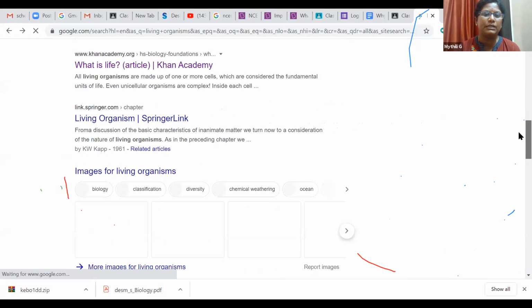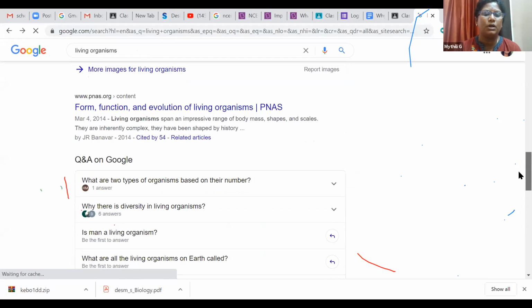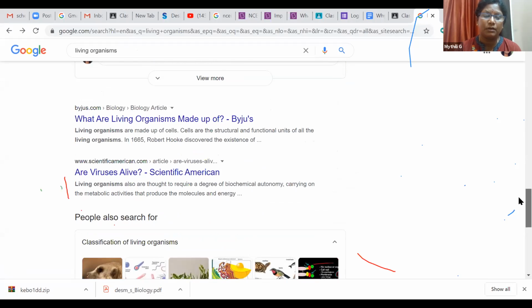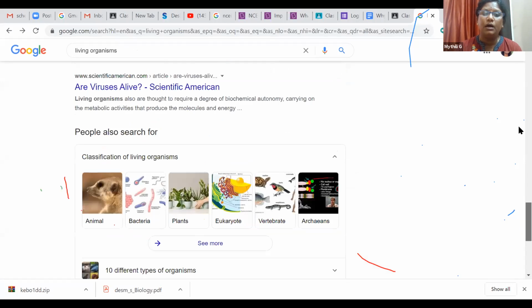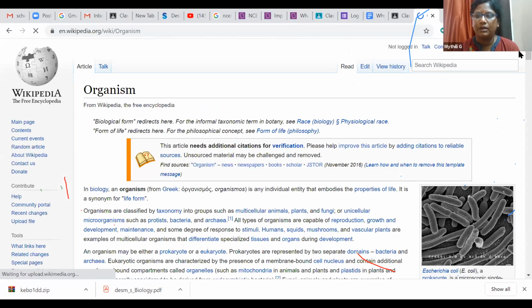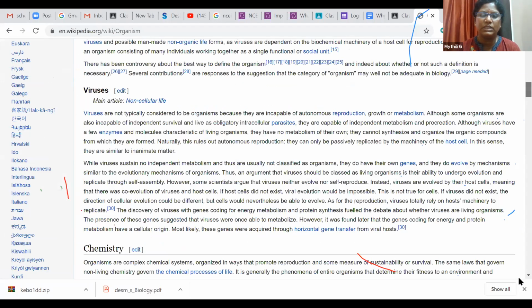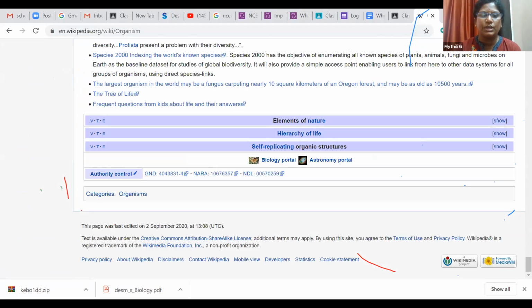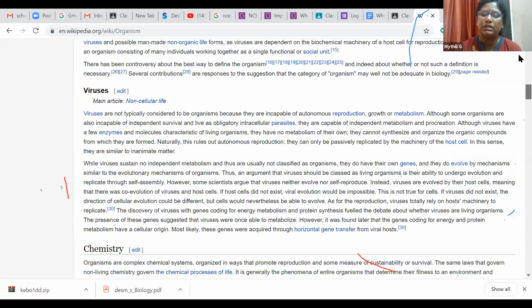By searching this content, you have to see for yourself whether I can reuse it in my classroom. That is the very important thing. For example, if it is Wikipedia, you can go through it and see the license available here. You can see that this is the Creative Commons license attribute. That license says this can be an OER. This is the license you have to see, the Creative Commons license. If it is available, I can share the material as reference material.